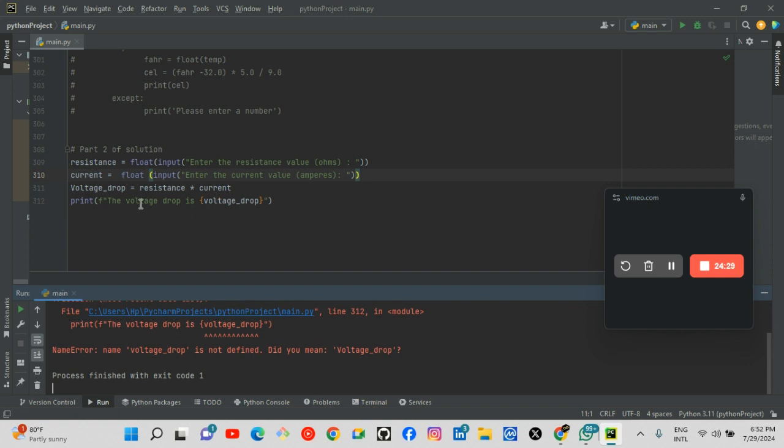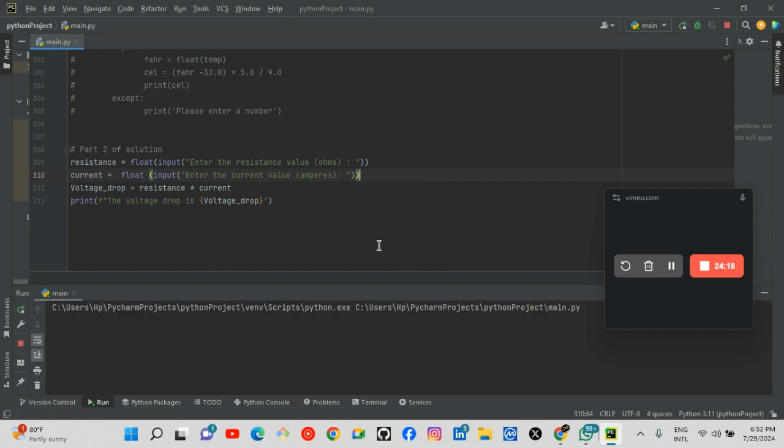So now you see that simply because the variable here is different from this, I need to change this to a capital letter. You must be very, very careful. Then we run it again. Then we wait for some time. It will show it.